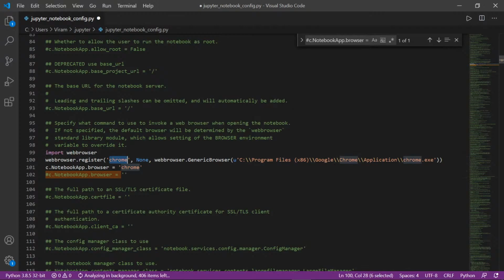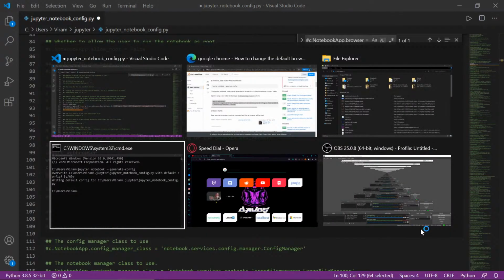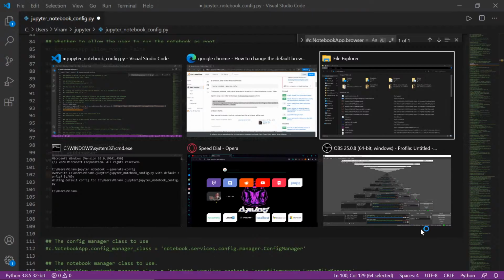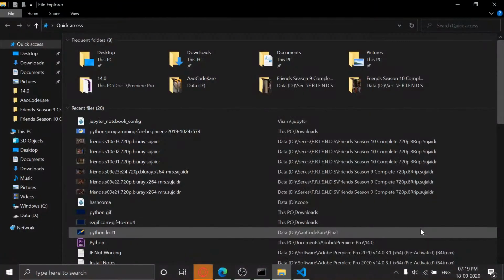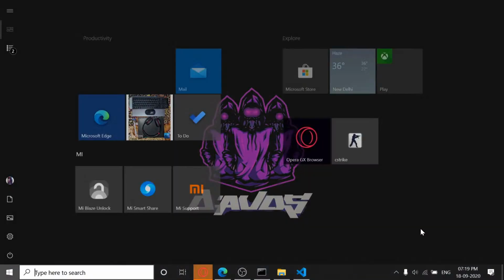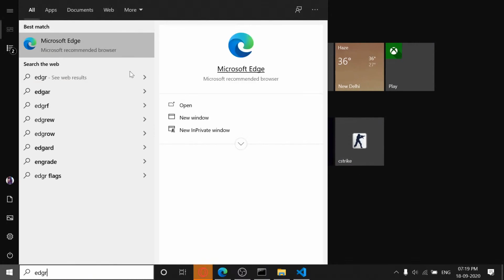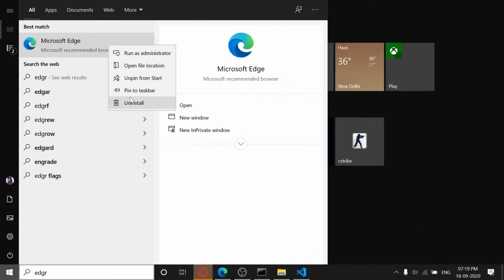They have given us that we have to copy the URL of that browser application. So let's see for Edge what do we have in the browser. Edge, click or write properties.